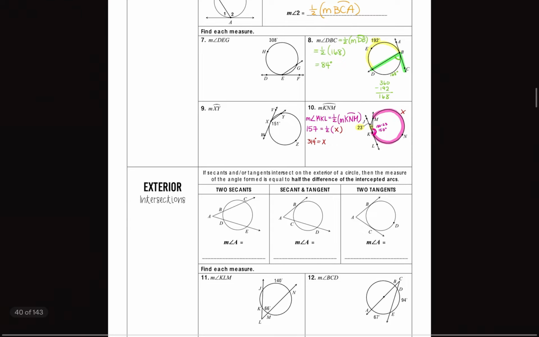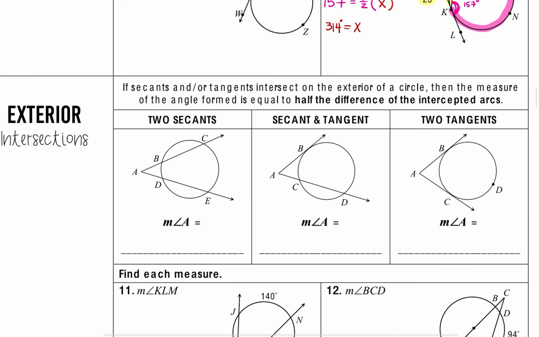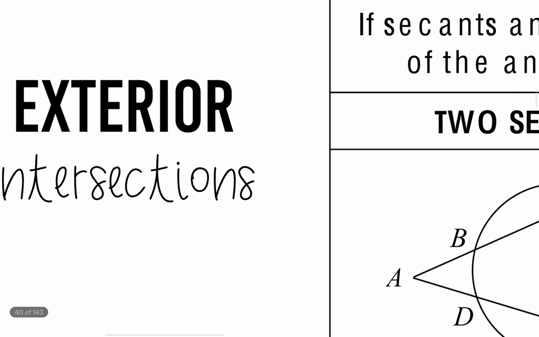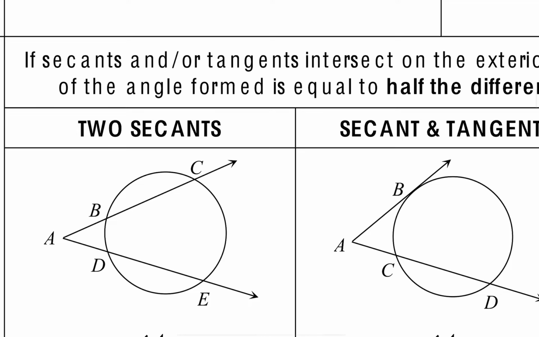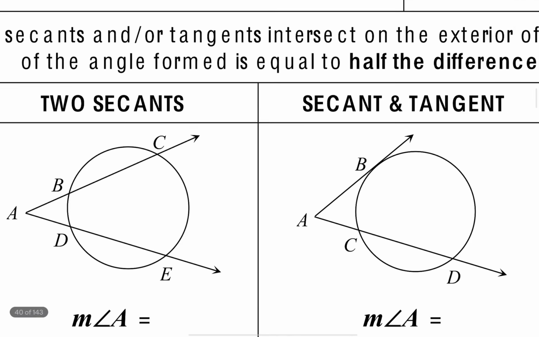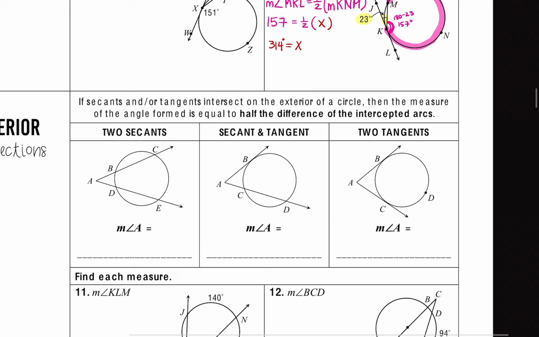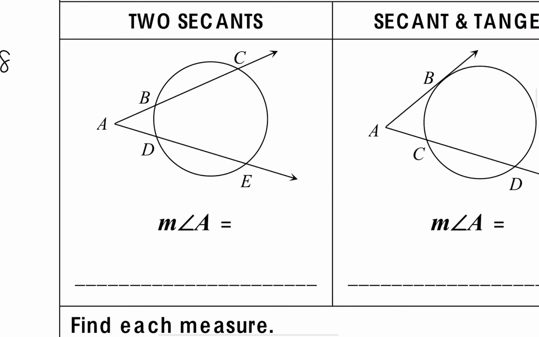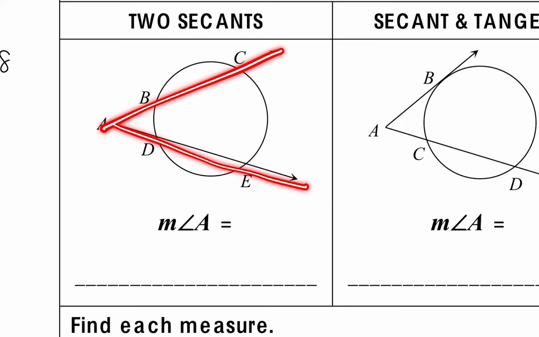All right, let's go ahead and move on to our last scenario where the intersection is happening outside of the circle. All right, so you have 3 different types of intersections that could happen outside of the circle, and all of them are going to use different equations. So the first type of intersection that happens outside of the circle is when 2 secant lines are intersecting. They would intersect